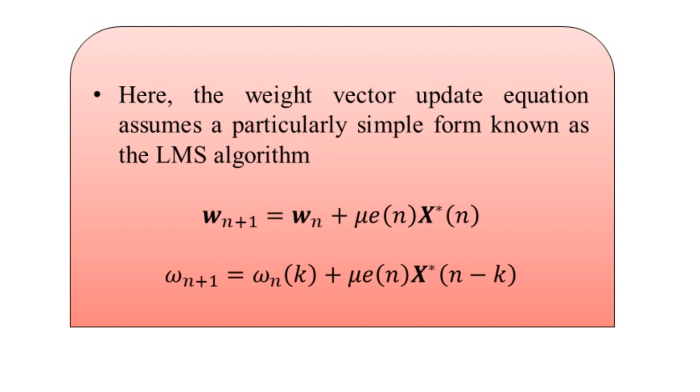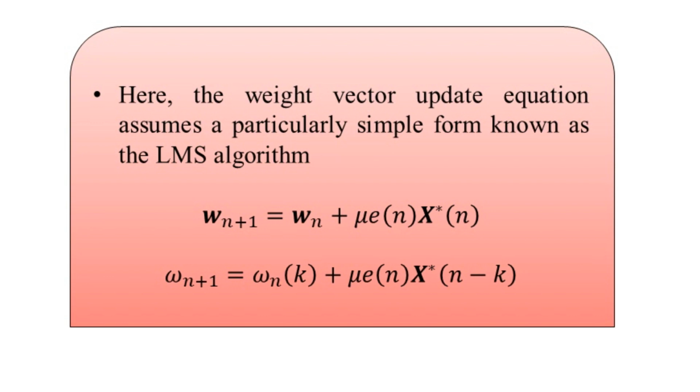The simplicity of the algorithm comes from the fact that the update for the kth coefficient, represented here as w(n+1) of k on the left hand side, given by w(n) of k added to mu multiplied by e(n) into the complex conjugate of x(n minus k), will require only one multiplication and only one addition here. So the value of mu times e(n) need only be computed once, and it may be used for all the coefficients here.